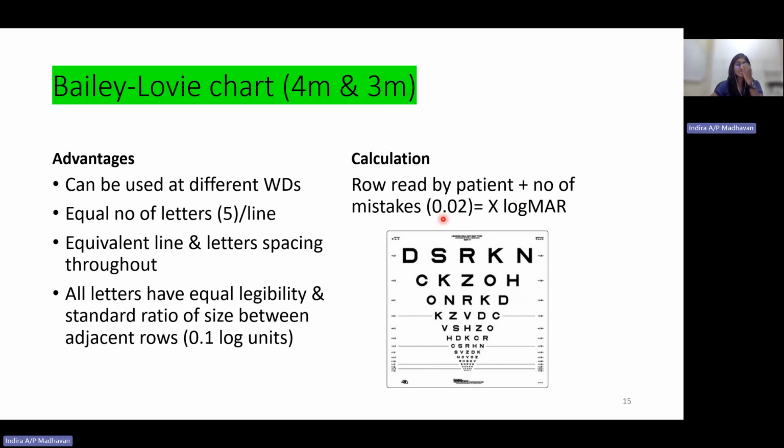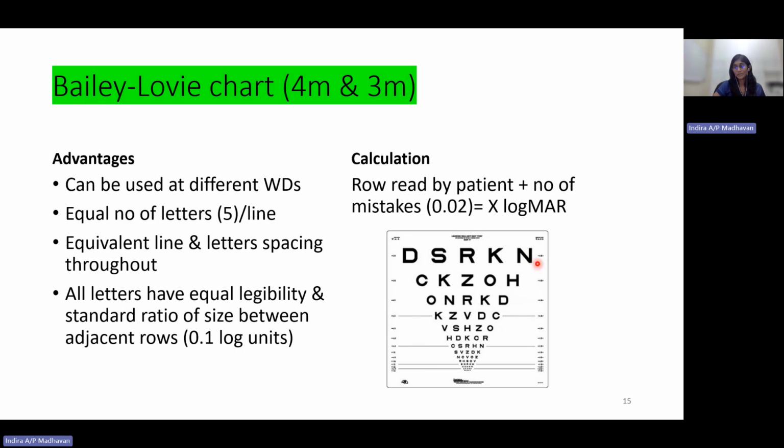The calculation is slightly different. If this is 1.0 LogMAR and the patient is able to read all 5 letters, then it's good, 1.0 LogMAR. If the patient is able to read these 5 letters but with one mistake, for example D, F, R, K are read but the last letter the patient is not able to make it,